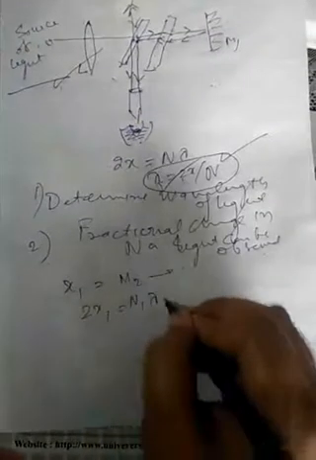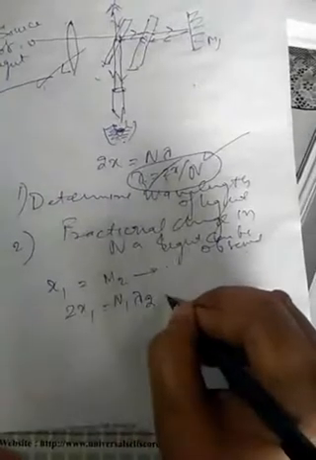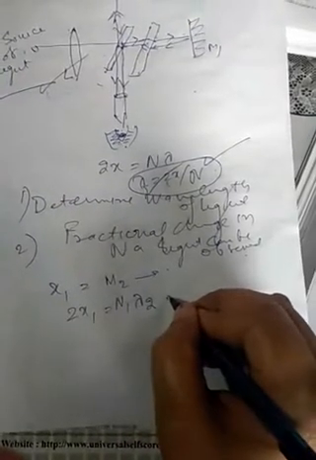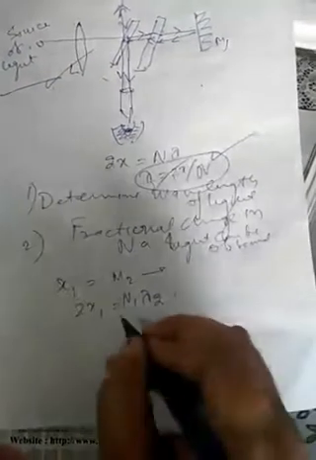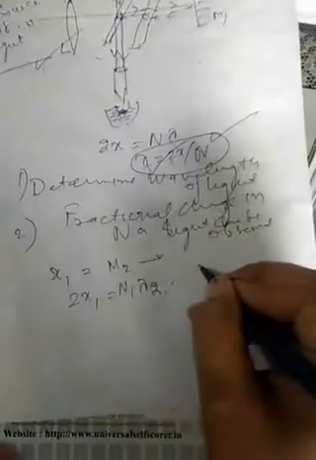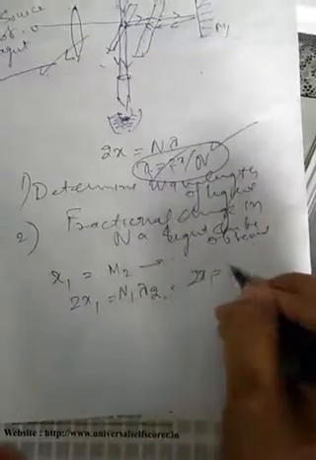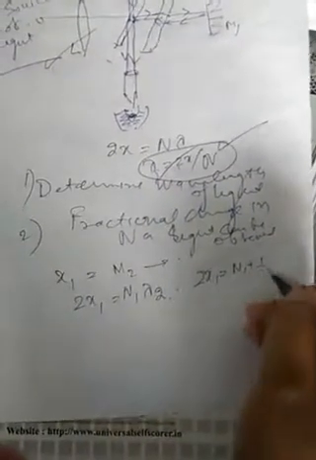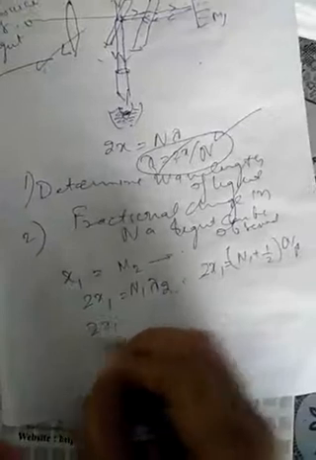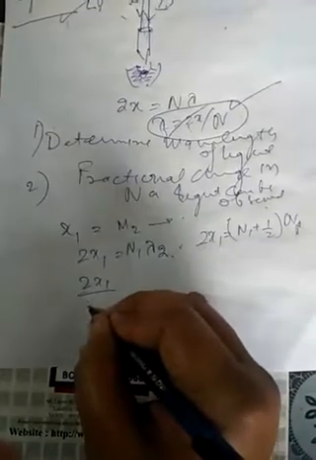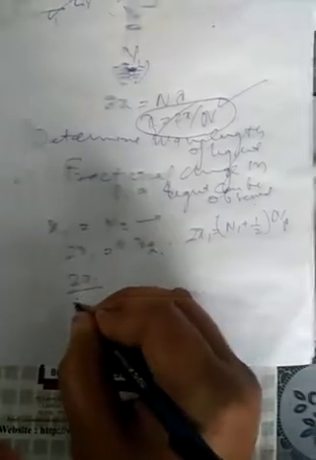Let us say 2x1 is equal to n1 into lambda 2, when the minimum corresponding to lambda 2 falls on the maximum corresponding to lambda 1. So this is the condition of minima, and 2x1 is also equal to (n plus 1 by 2) into lambda 1. Now we can compare these two equations, 2x1 upon lambda 1, 2x1 upon lambda 2,